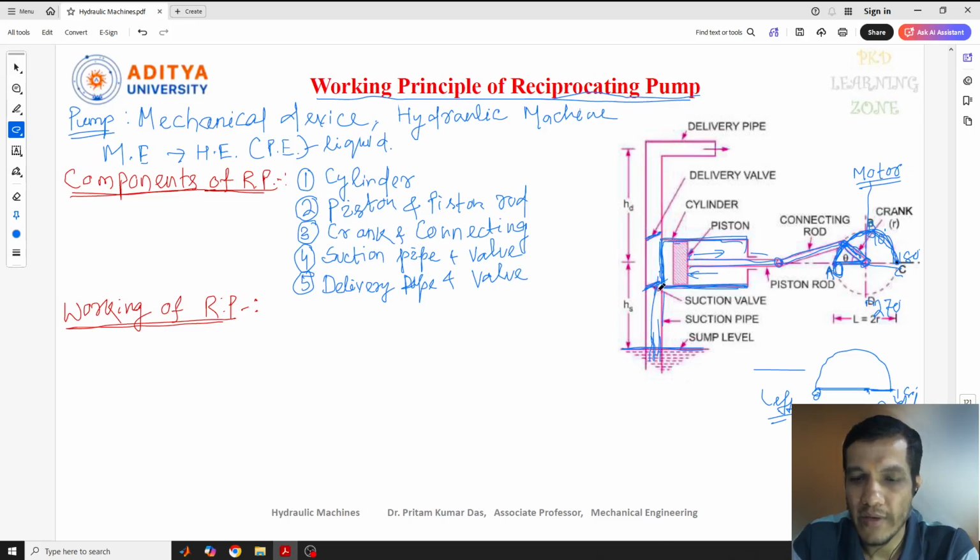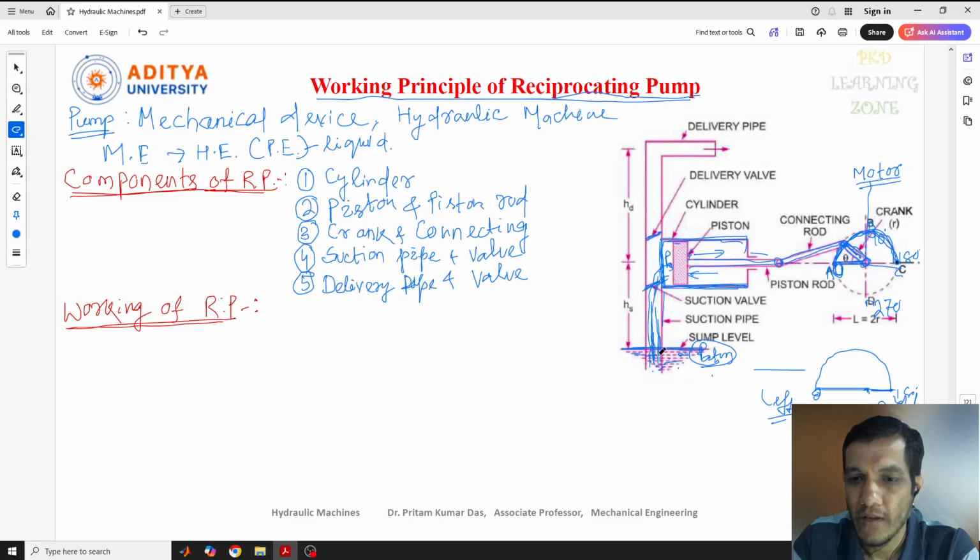Here a vacuum will be created, so the pressure present here will be less. In the meantime, at the sump level we have atmospheric pressure acting on the fluid. The suction pressure is very much less than the atmospheric pressure, so the water present here will automatically be lifted up from the sump level to the